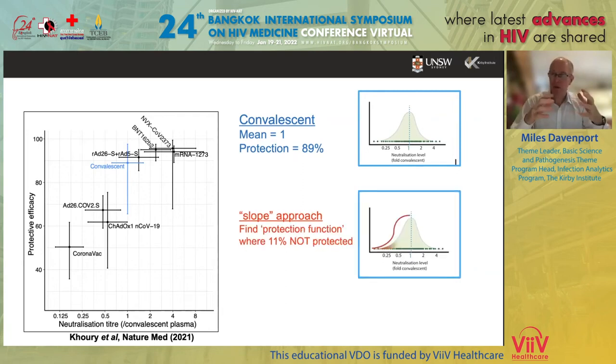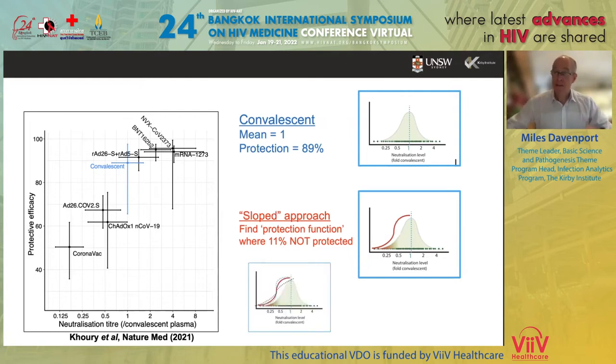But as I mentioned, we don't think it's sort of black and white that you're protected above this and susceptible below. There's probably some gradient, some point at which you have 10% protection, 50% or 90%. So we could try and fit a curve where we had a total of 11% that were susceptible based on the different protection at different antibody titers. Now, the problem is if you do that just for one study, just for the convalescents, you have a trade-off between the IC50 and the slope of that curve. So you could sort of move it back and forwards. So you can't uniquely identify it.